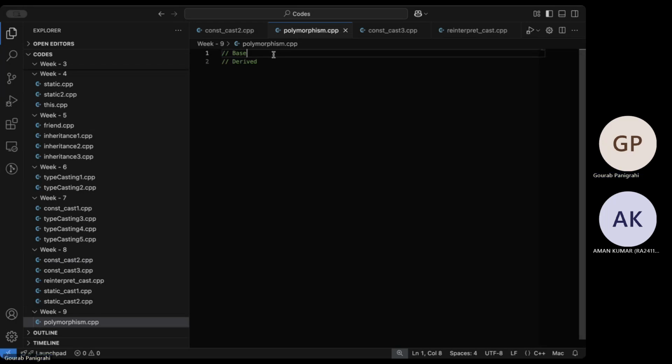Suppose there is an object defined as Base B. Then I can always create a derived class.